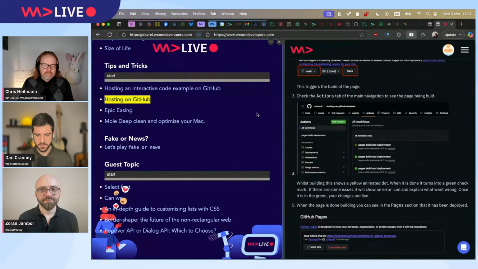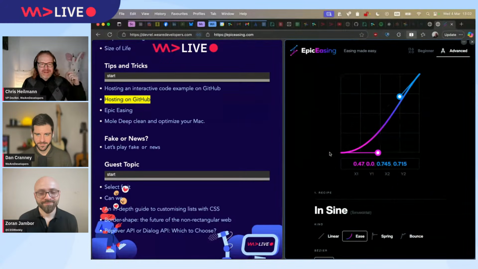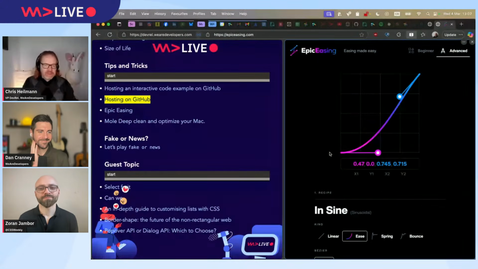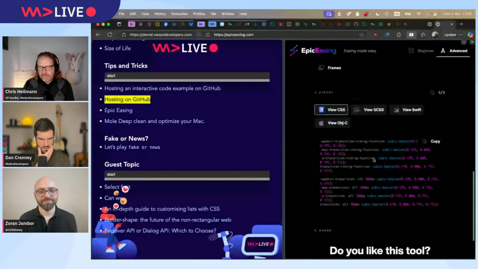That's interesting. Nice. And yeah, Dan, you sent this one to me, which again reminded me of Lea Verou's work back in the days. She did the Lea Verou easing thing, and that became part of the developer tools as well, in the animation editor in Chromium tools. You can do that as well. But this is basically brilliant detail, doing animations and then exporting them. What format does it export? Oh, in CSS. Yeah, I know you can get Swift and Objective-C.